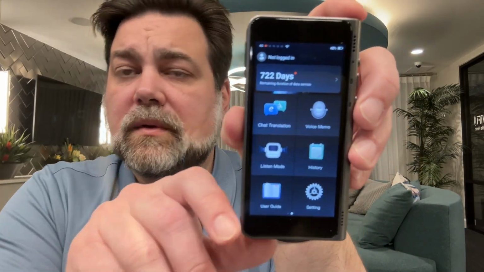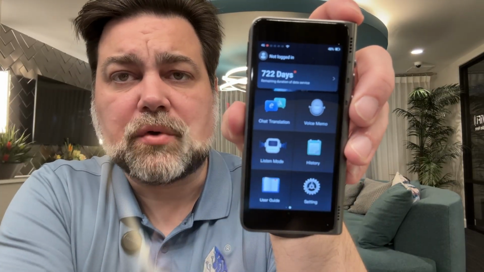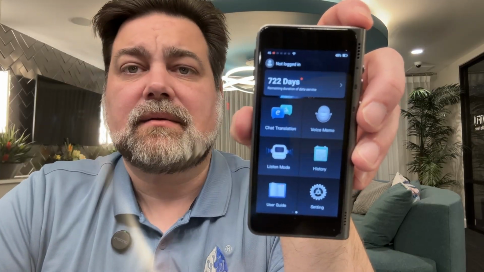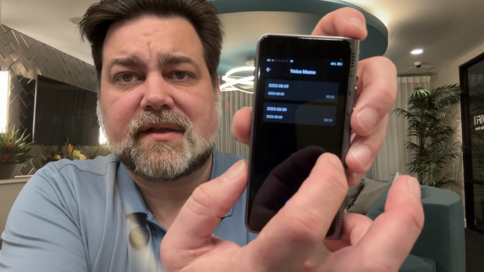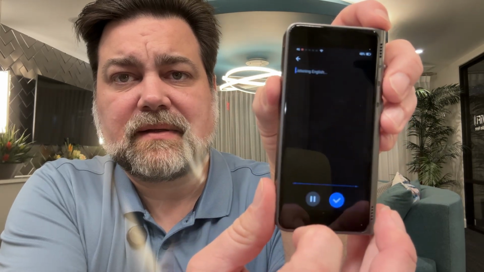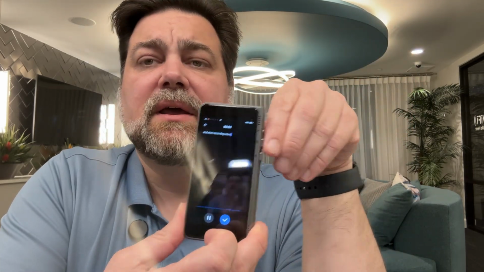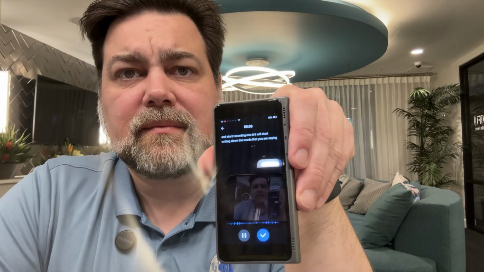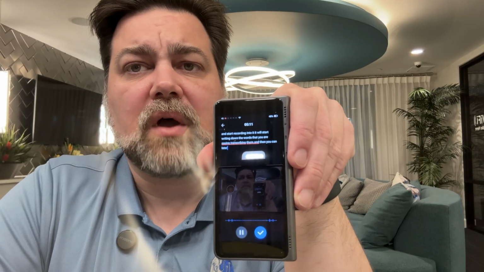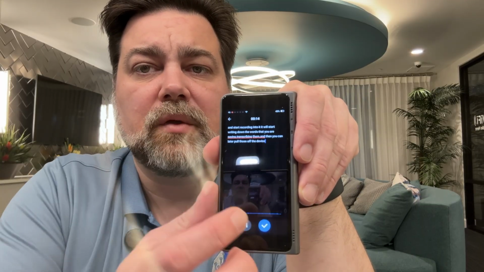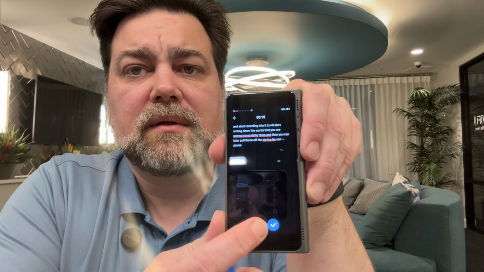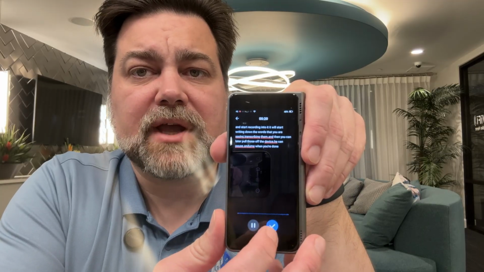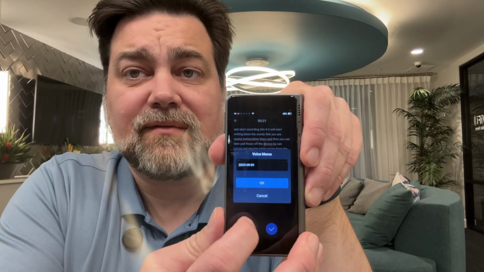Some other useful features. There is a note taker. If you want to talk into the device to take notes on the fly, simply click on that setting and start recording into it. It will start writing down the words that you were saying, transcribing them, and then you can later pull those off the device. You can pause and resume. When you're done, click the check mark. Save it,